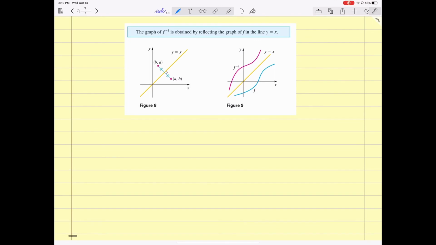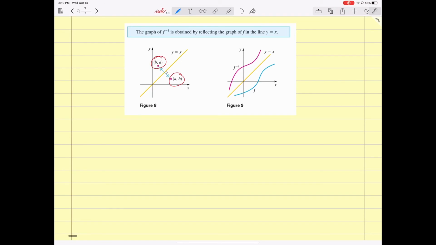Visually, this is what's happening. These graphs are better than what I can draw freehand. So the graph of f inverse is obtained by reflecting the graph of f in the line y equals x. What that's telling us, if you look at these points here, A and B, and then you have A and B here. Well, an inverse just,